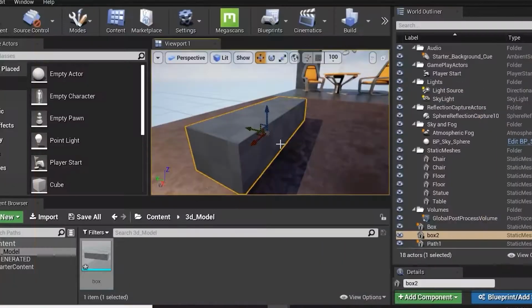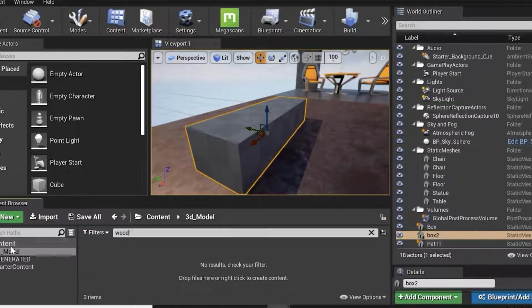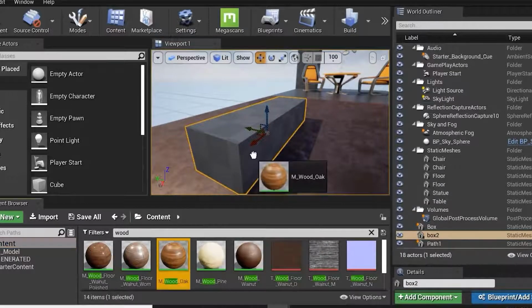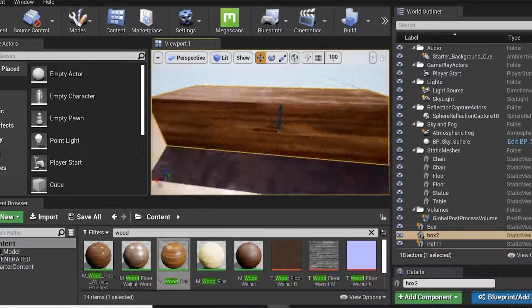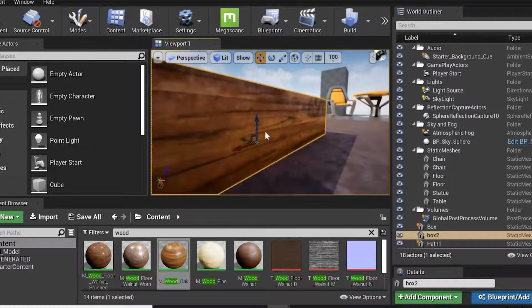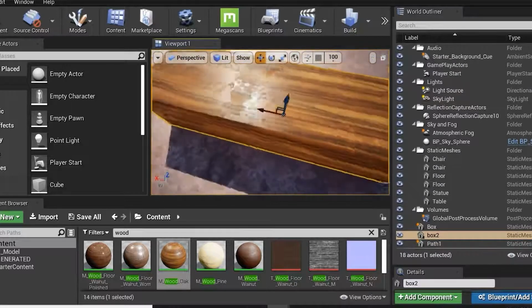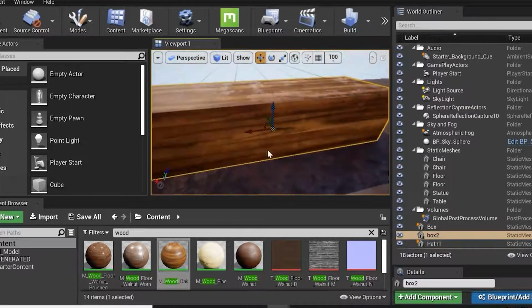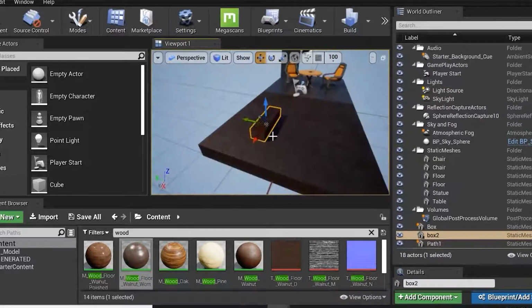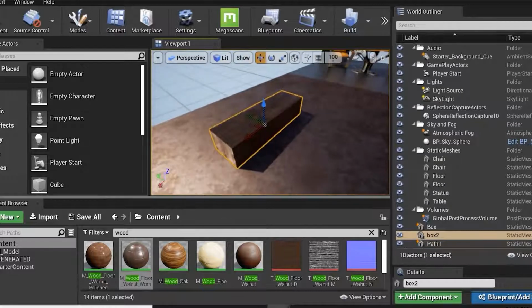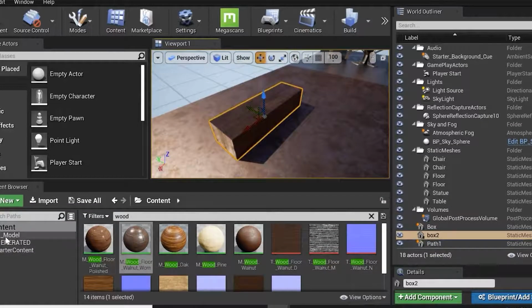Now the best thing is that I have already opened the UV. So I'll just search wood textures. For the 3D model, this is a wood texture, just need to drag and drop. So simply it is applied so easily over here. Here you can see, correct? I'll just need to drag this down, that I can do. Now that way we can import FBX into the content editor.